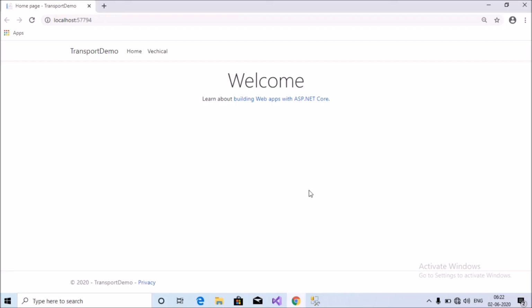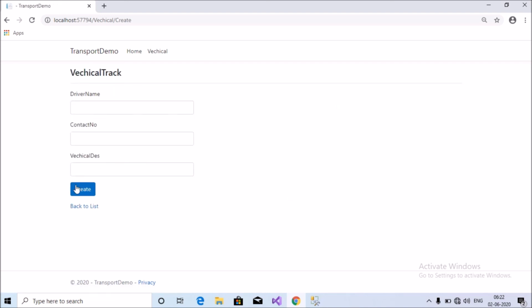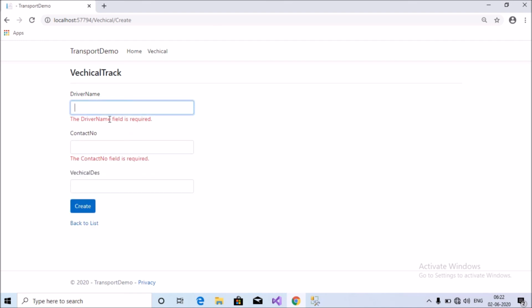The application is running again, and you can see here click on this module, click on create new, and just check the validation. Click on the create button, and you can see a driver name field is required as well as contact number field is required.